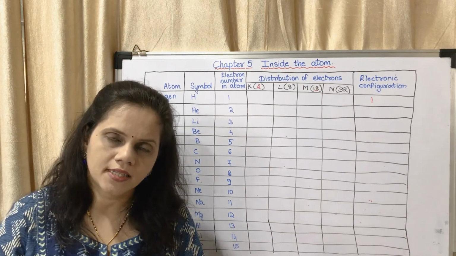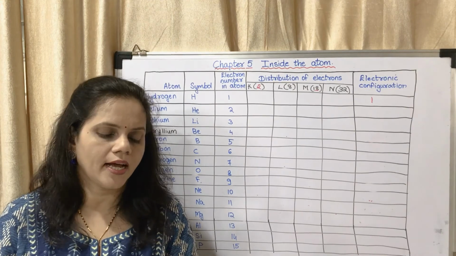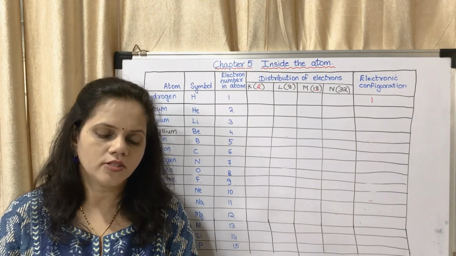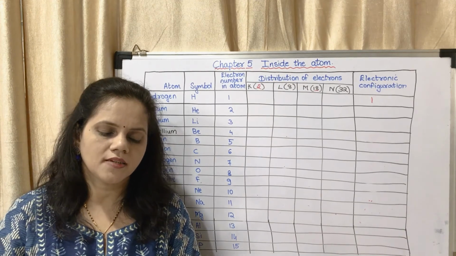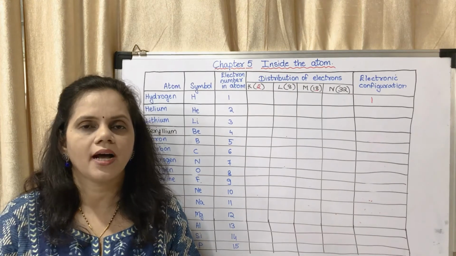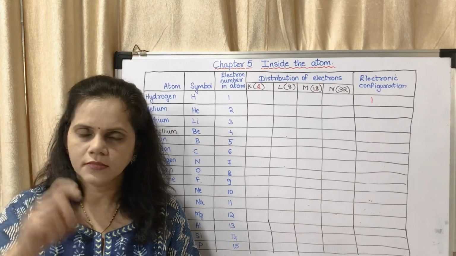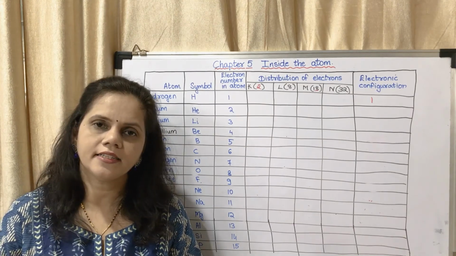Now what will be the answer? You may write the answer there. They provide stability to the atom by reducing the electrostatic repulsion between positively charged protons. It also adds to the mass of the atom. The answer will be given in the notes. You may refer to the notes and write the answer.